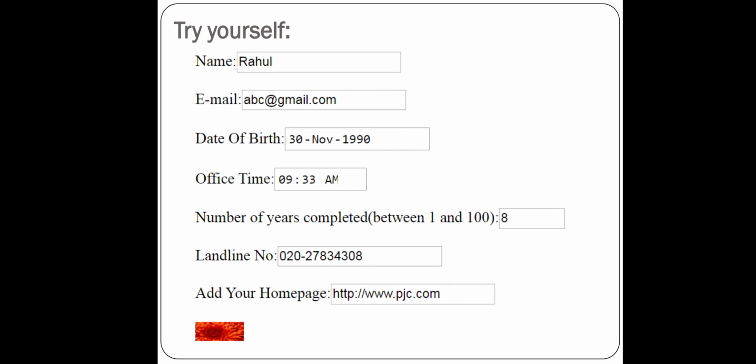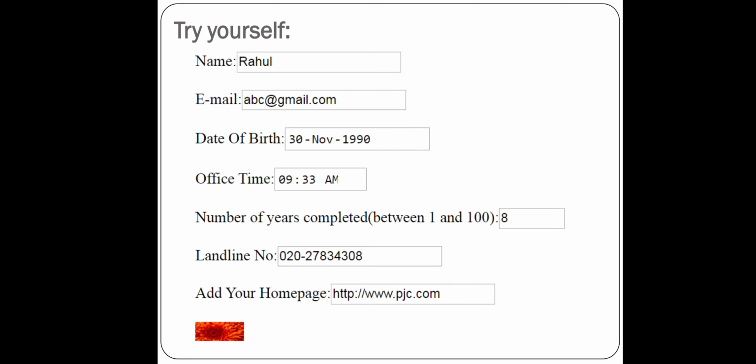Number 1, the text box for the name should use the autocomplete feature, and also it cannot be kept blank.